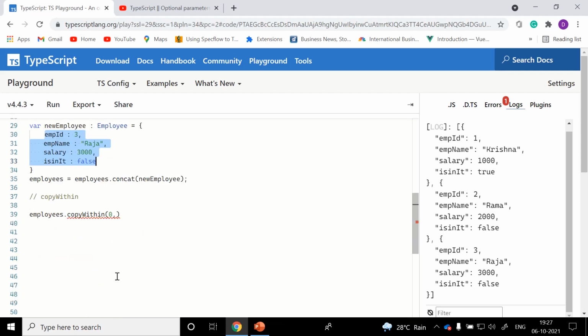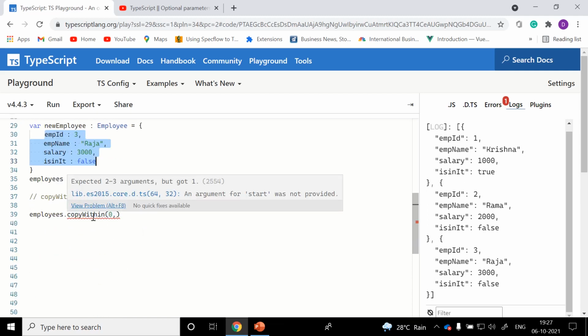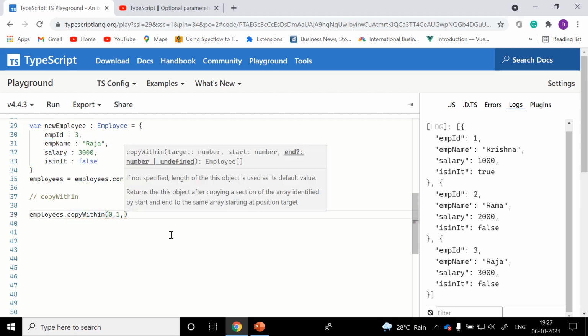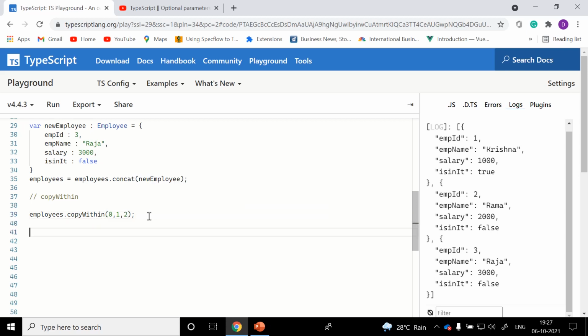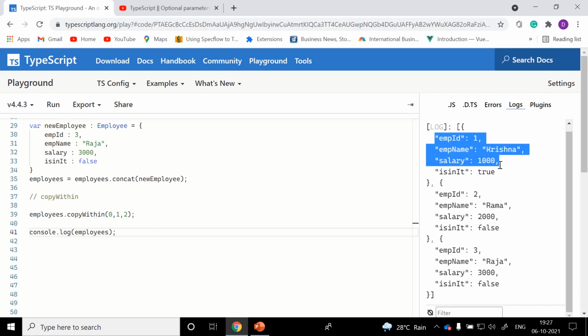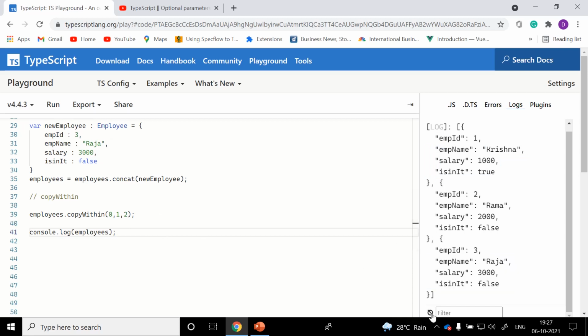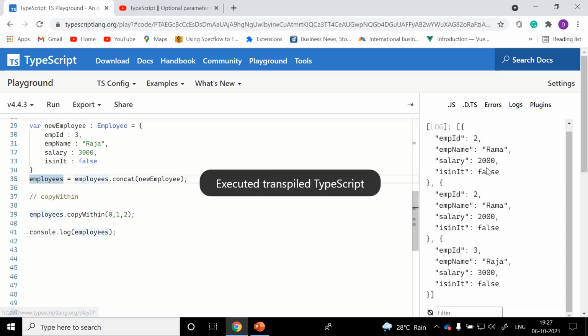So I'm targeting to place my first item into the zeroth index, and end is optional. Second one, let me go and log it. Employees. Just observe here: employee ID is 1, employee ID is 2, and employee ID is 3. Now let me clear this and run it back.